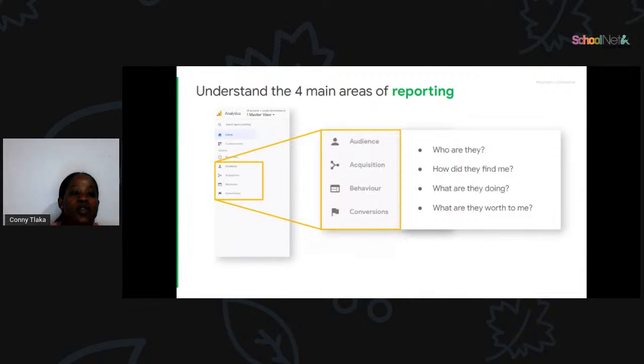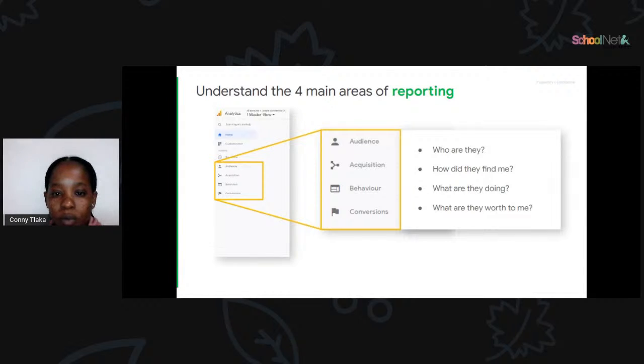And now you need to understand the 4 main areas of reporting. You have audience, acquisition, behavior, and conversion. For audience, you need to know who they are, how they found me, what they are doing, and what they are worth to me.